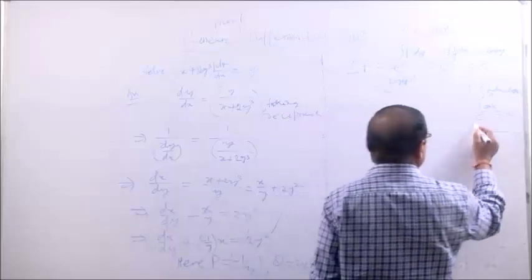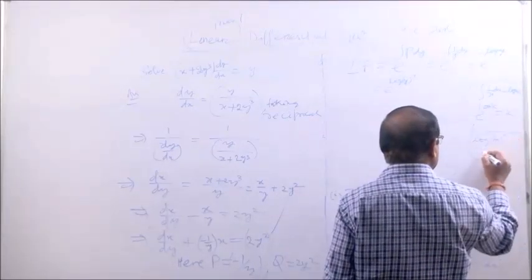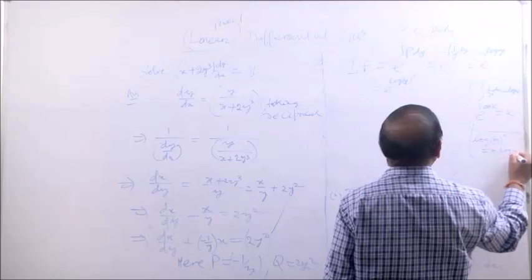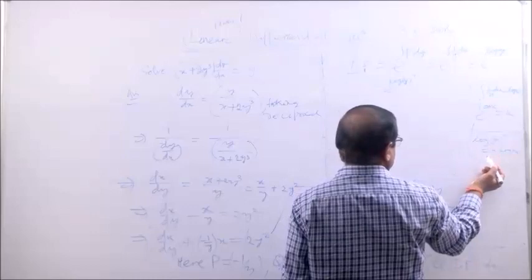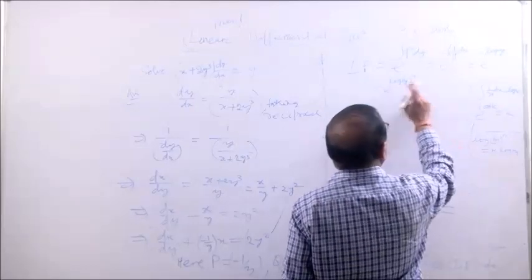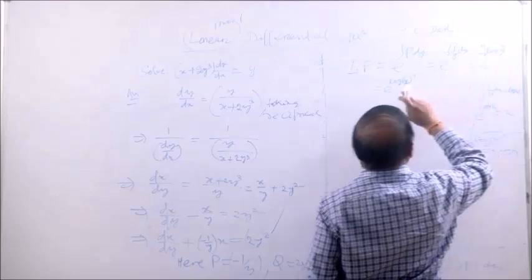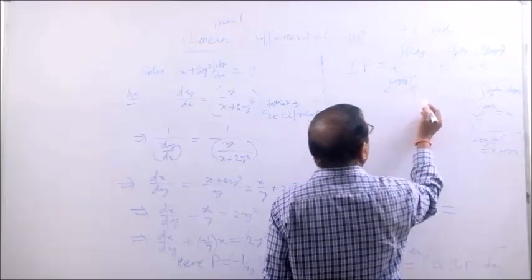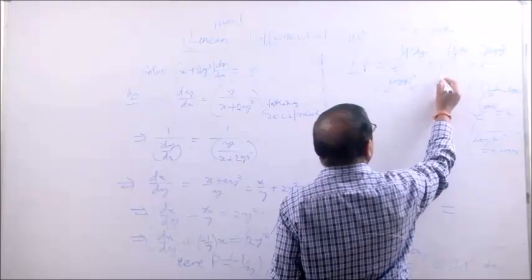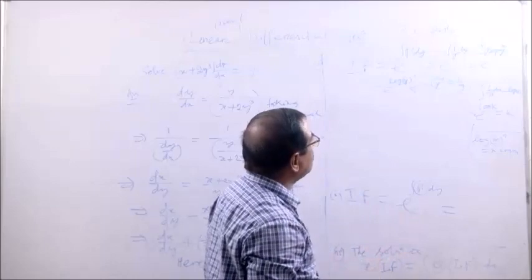Why? You see, there is a formula in logarithm, log m to the power n is n log m. I am applying here the same method, right? This is minus 1 log y, n log m, and you apply this formula here, e to the power log k is k. So, it is nothing but y to the minus 1, that is 1 by y. So, our integrating factor is 1 by y.